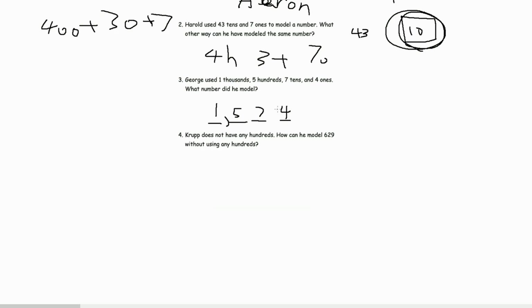Group does not have any hundreds. How can you model 629 without using any hundreds? So like number 2, we could use tens and go over to the hundreds. So 629, it would be 600 instead of 600. Instead of 600, we would go to 60 tens. So that'll be 60 tens